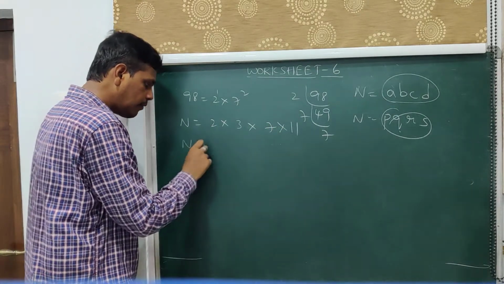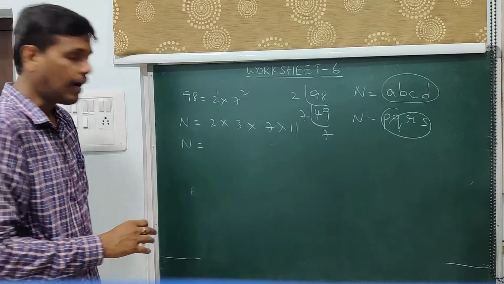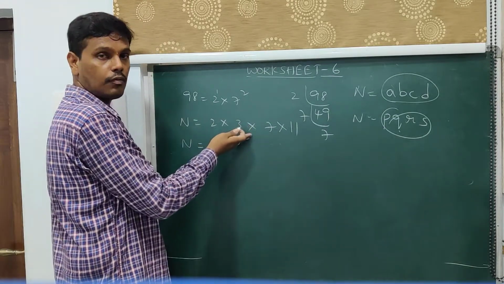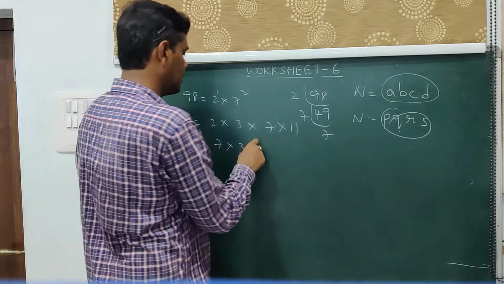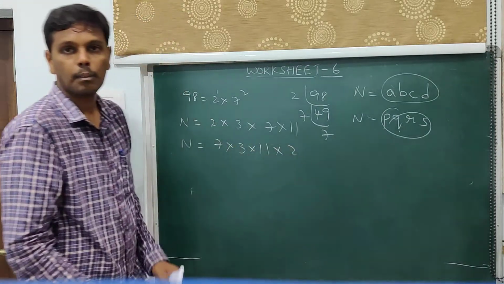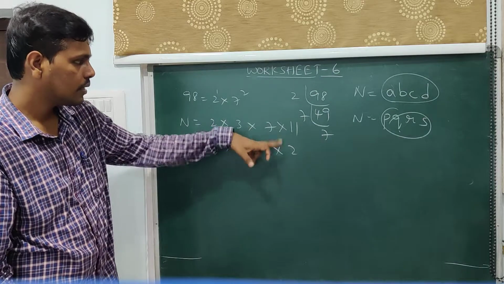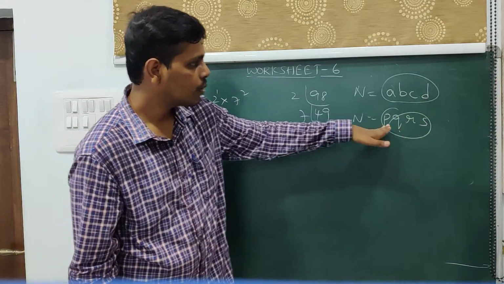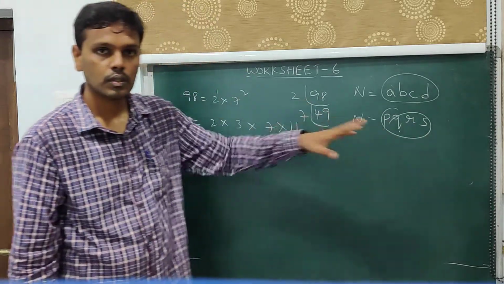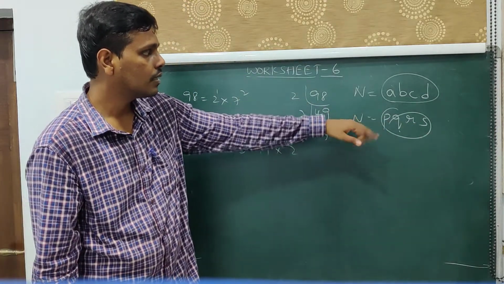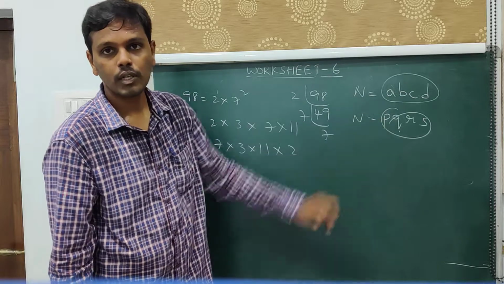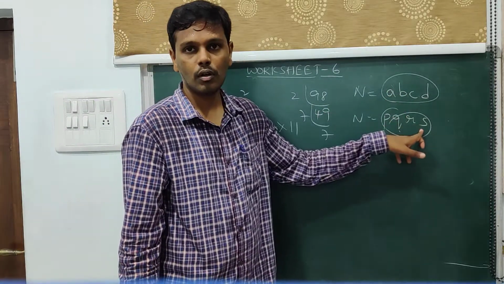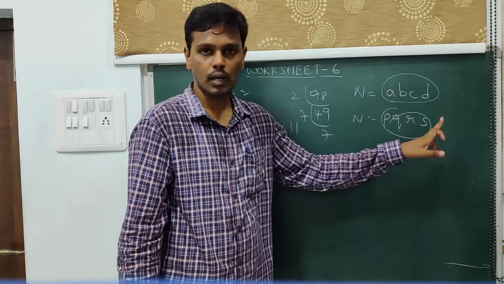Now, if I do a prime factorization for n again, I may get a different order, but I'll get the same prime factors, which means I may get something of this kind. But the prime factors over here remain the same. So A, B, C, D might be equivalent to any one of these. So though A may or may not be equal to P, we can say that the sum of all this will be equivalent to the sum of all this, because A is equivalent to some one of PQRS.